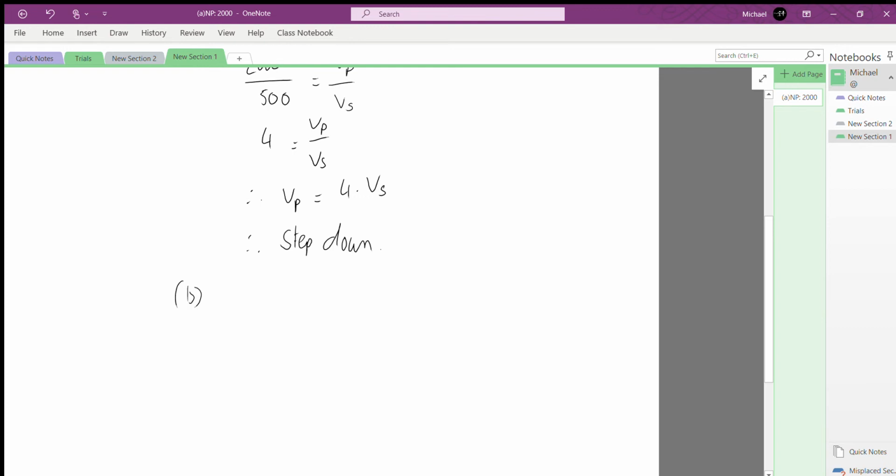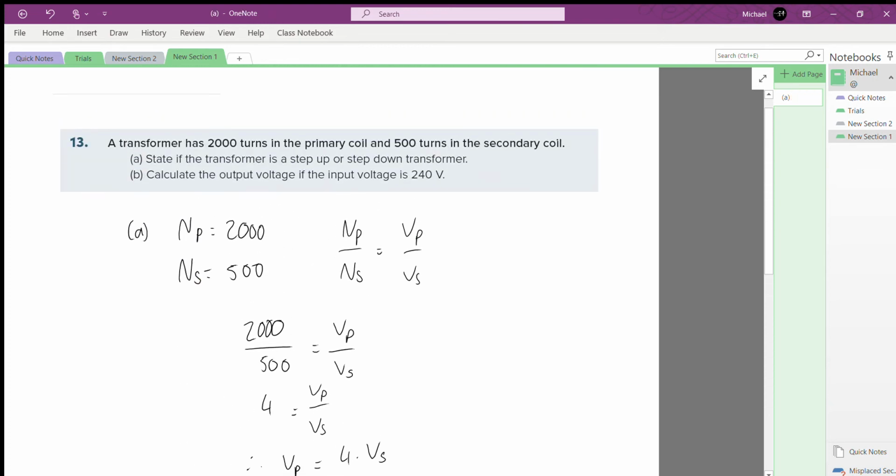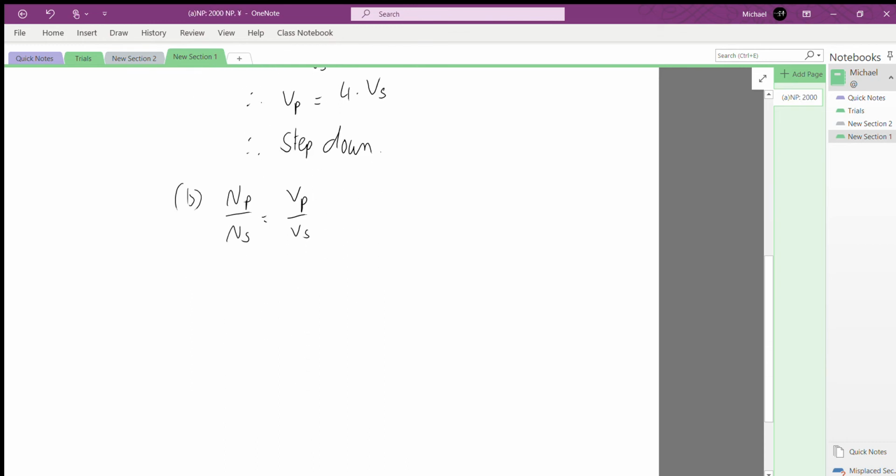So using that same relationship, NP over NS equals VP over VS, we're trying to calculate the voltage in the secondary coil, so we can flip both sides of this expression again. So NS over NP equals VS over VP. Therefore, the voltage in the secondary coil will be NS over NP multiplied by VP, and we can substitute the